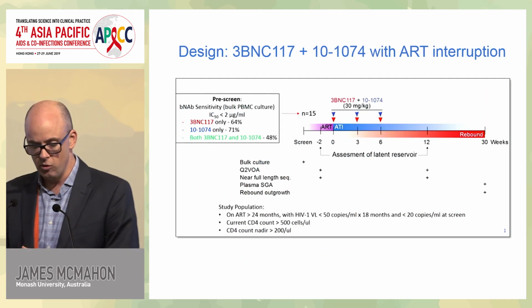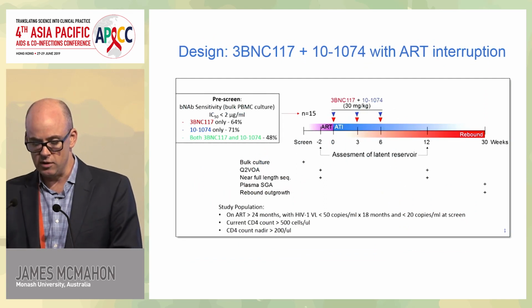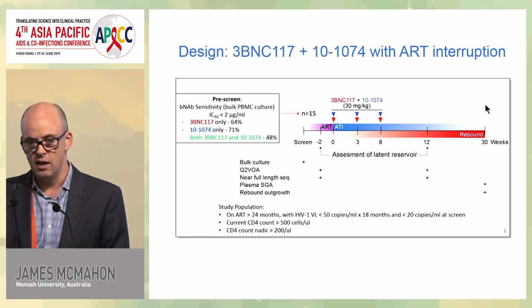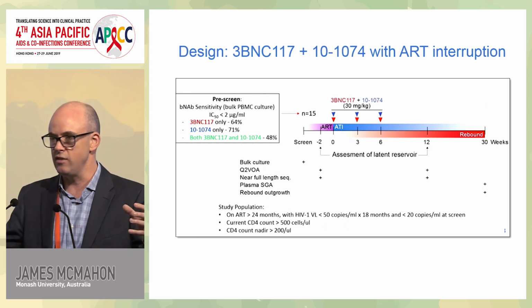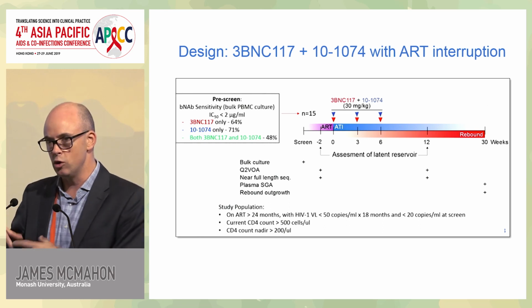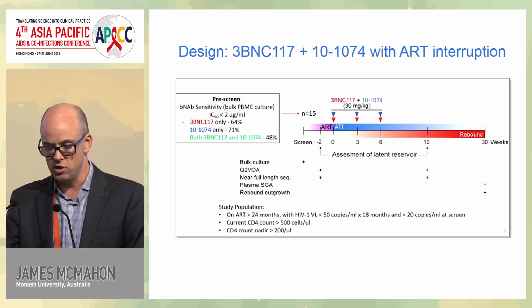This is how the trial was performed. You can see that up the top here, people were on antiretroviral therapy, then they stopped it. ATI means analytical treatment interruption. They received 3 doses of these antibodies at high levels, and then they watched these individuals over time, and saw when their HIV virus rebounded. And you can imagine if you think these antibodies are acting like a vaccine, or they're having some wonderful immune response, that they could control that viral infection over time.